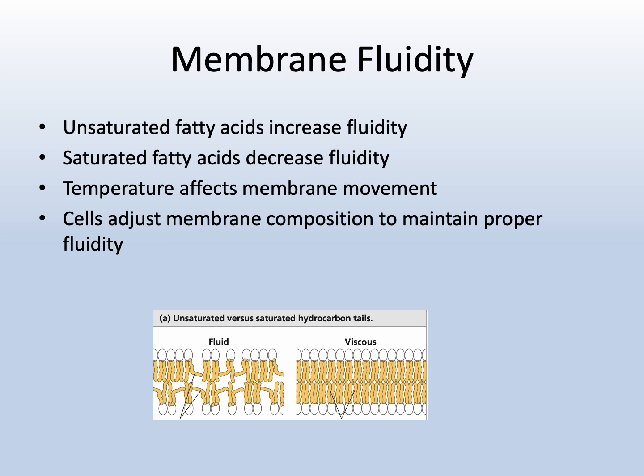On the other hand, saturated fatty acids have straight tails with no double bonds. Because these tails are straight, they pack closely together, making the membrane less fluid. Temperature also affects membrane movement. When the temperature decreases, phospholipids move more slowly and the membrane can get too rigid. When temperatures increase, the membrane gets too fluid. To solve this problem, cells can adjust the composition of their membranes. For example, cells living in colder environments often increase the number of unsaturated fatty acids to help keep their membranes